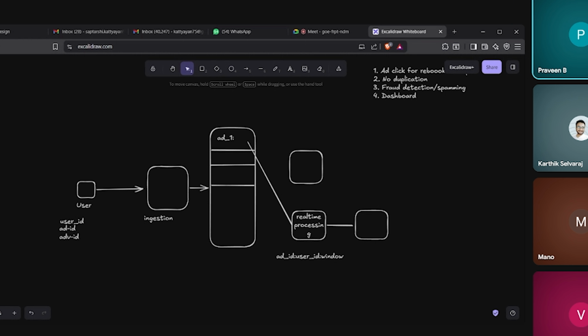Okay, I'll ask you one more thing. Why are you using Kafka? You said partitioning, right? What is the need for partitioning? We'll store all the ads by one particular ad ID, so that we can process each ad ID in parallel or one by one. Why don't we use a relational database like SQL there? Why do we need Kafka specifically?